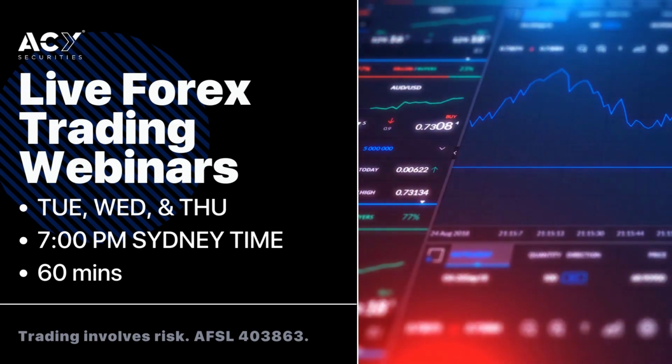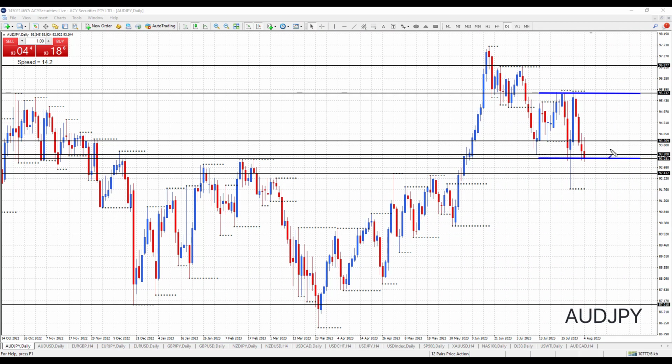Let's now get into the charts. Now the Aussie yen is trading within a weekly range at the moment. I've just marked it out in blue here. We're trading back down to weekly support